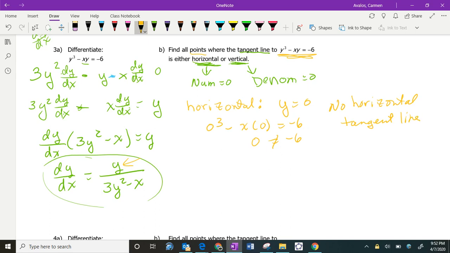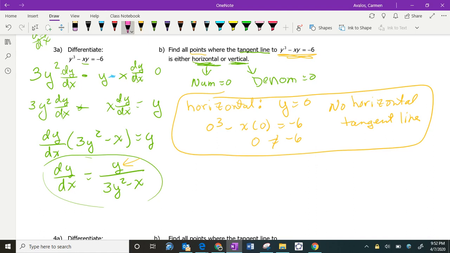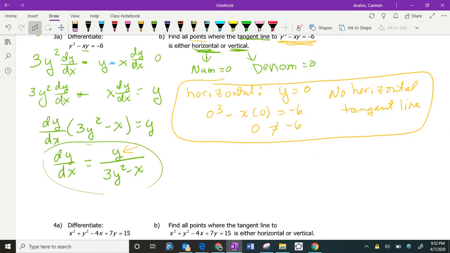Okay, so there are no horizontal tangent lines. So then we are done with that part right there. Okay, so now what happens for the vertical line? So that means now that we have to set for the vertical,